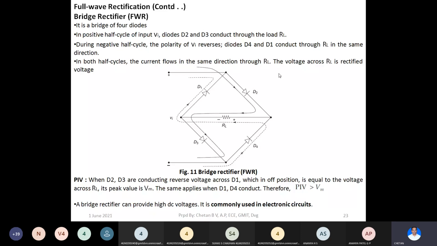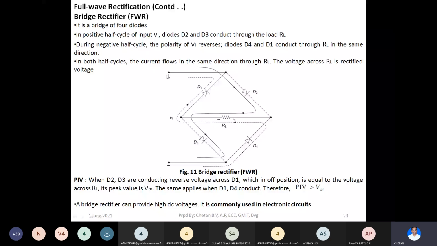In the positive half cycle, the current will take one way. In the negative half cycle, the current will take the second way, which is obtained by the construction of this bridge. As you can see in the diagram, you have four diodes: D1, D2, D3, and D4. Here, as the terminals are marked as positive and negative, you are going to connect the input AC, or else you will connect the secondary winding of the transformer. If you are using a transformer, you connect the secondary winding of the transformer between these 2 points. If you are directly using the AC input voltage, you connect the AC input voltage around these 2 points.